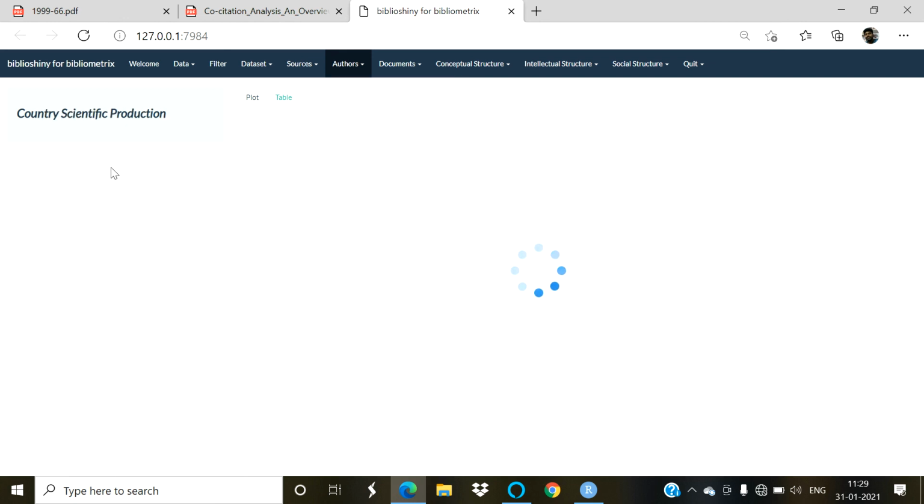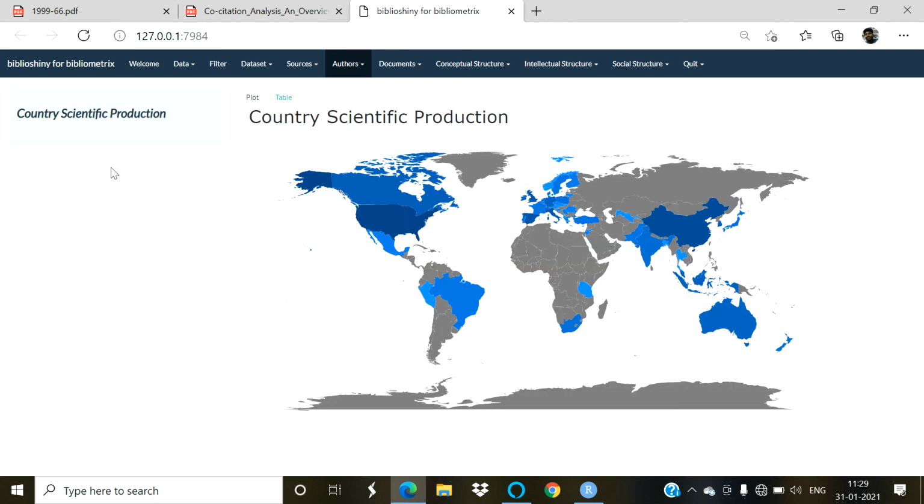This section provides us the country-based scientific production. Basically, this provides the information about which country has more and more publications in the field of crowdfunding. As you see, the darker part shows the highly involved countries, and the lighter and lighter part shows the lesser number of documents held by a single country. As you see, there are 229 papers with the name of USA, and this is also the part of USA, Alaska. And at the second number, there are 136 papers held by China. There is a lot of work done in Australia, and then India. India is having only 12 papers.